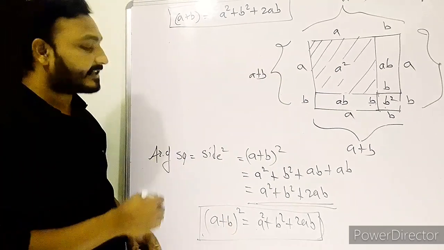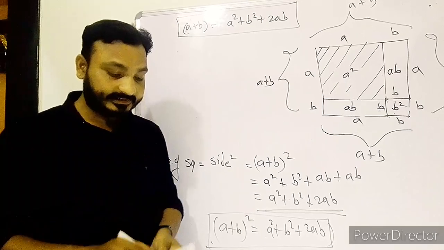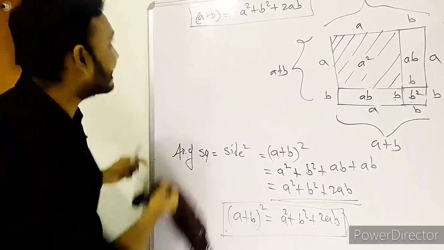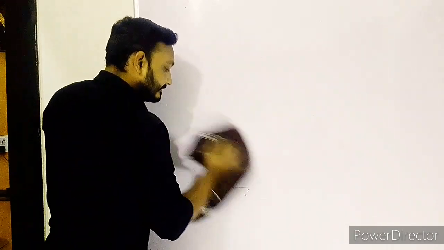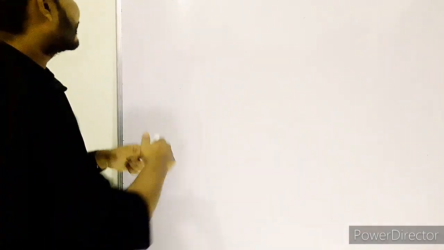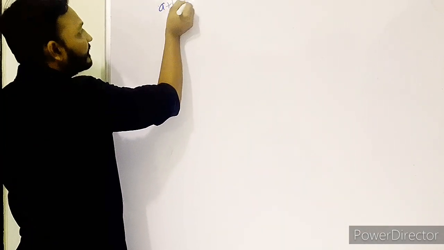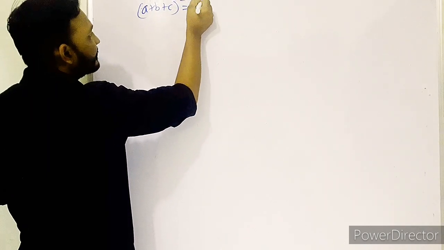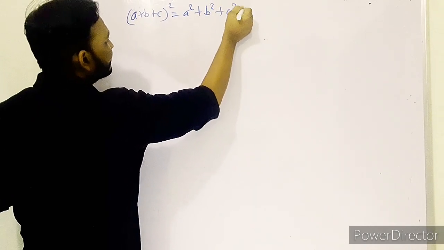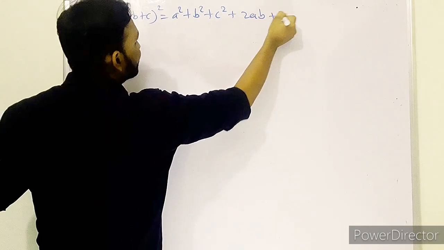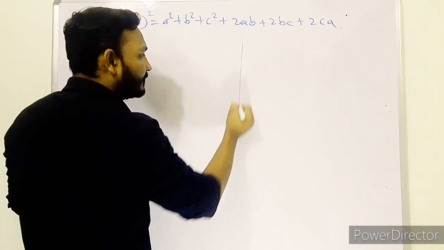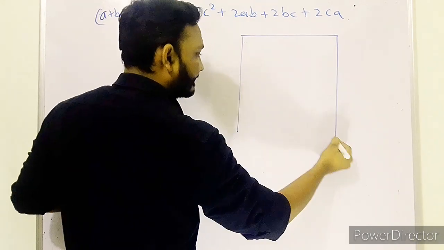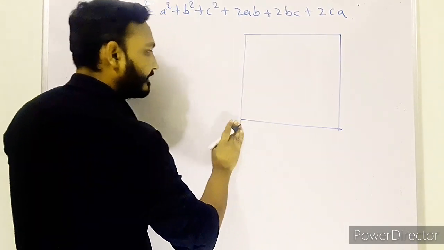Okay, now let us start the second identity. What is the second identity? The second identity is A plus B plus C whole square equals A square plus B square plus C square plus 2AB plus 2BC plus 2CA. So first of all, you need to draw a square like this, a square with